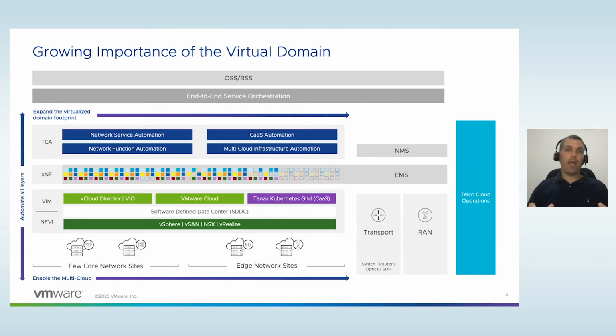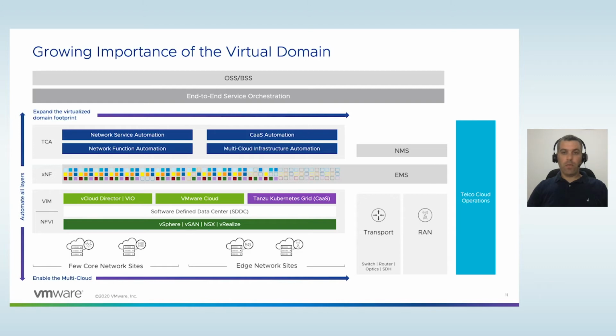The TCA abstracts the VMware infrastructure and creates an ecosystem with all the NEBs and the application provider, in order to take both the application and the infrastructure and abstract it into the rest of the network. This makes it meaningful and allows the end-to-end service orchestrator to create any service in an agile and repeatable way. And this is how you build an end-to-end network which can scale into the 5G use cases.